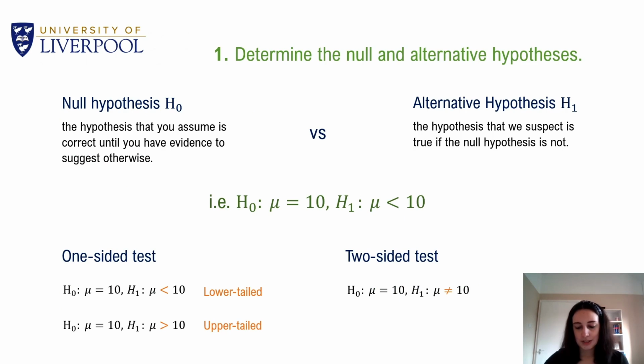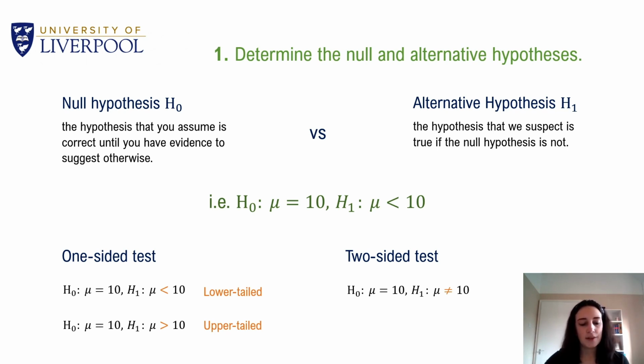The null and alternative hypotheses can be thought of as opposites to one another. One of them we accept, the other we don't. They're often contradictory statements, one of which suspects an effect, the other that there is no difference or change. An example set of hypotheses is shown here.